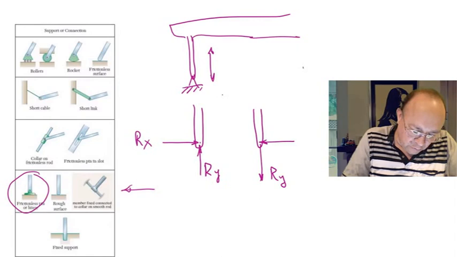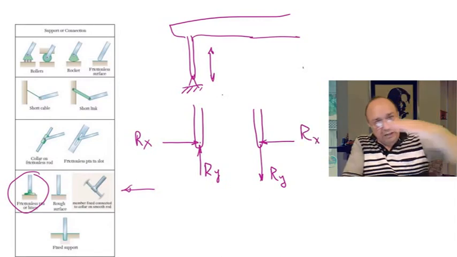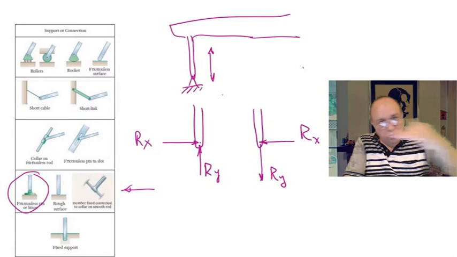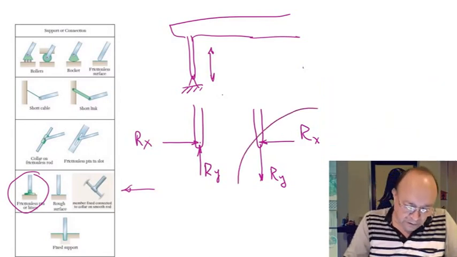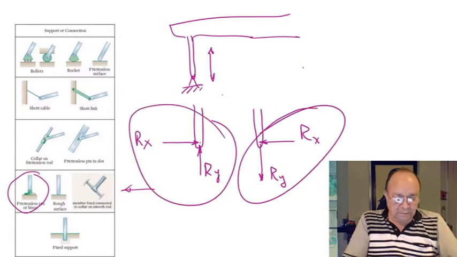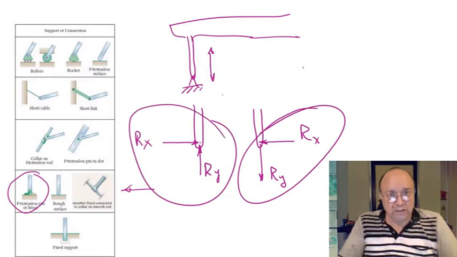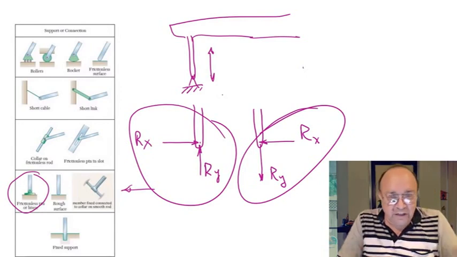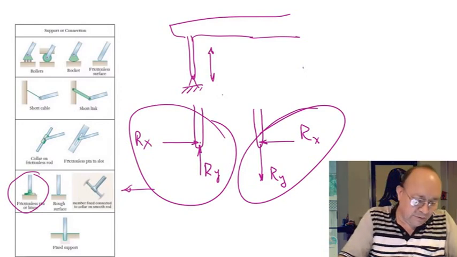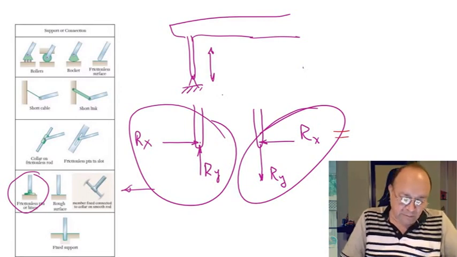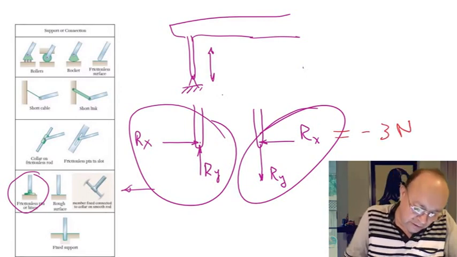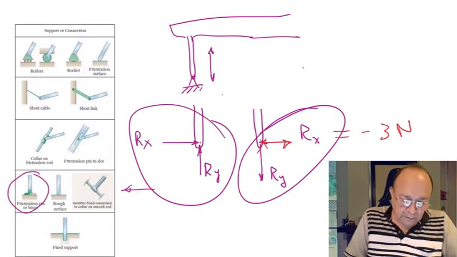Either way, you don't know. You know that there is a horizontal reaction, you know that there is a vertical reaction, but you don't know if it's to the right or to the left. You don't know if it's up or down. It doesn't matter. You just draw it like this or like this, and you do all your calculations, and at the end, if you get a negative sign in any of them, then you know that that one is reversed. So let's say that when you finish all your calculations, you get that Rx is, for example, minus 3 newtons. Then you know that this force is not like this, but like this, 3 newtons.